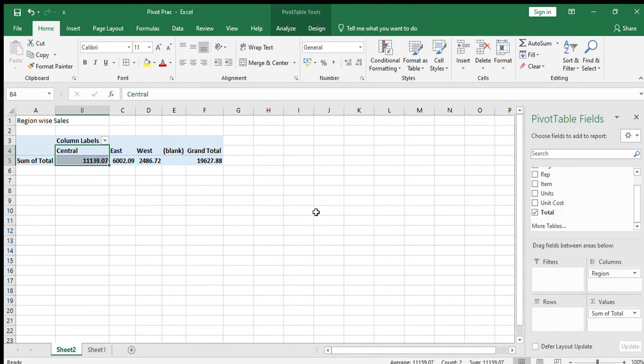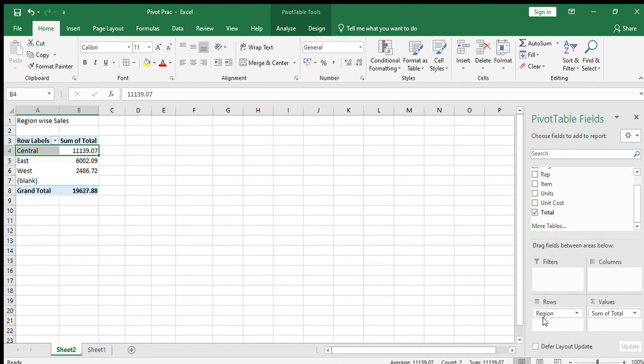Now the reason why I have used a row instead of column, see, it will not make much difference to your value, but the only problem here is the format. Right now you just have three unique values, that is why it looks comparatively clean. But if you have like 20-30 values, it will not look clean at all, and you have to use a row to have a smooth view at the numbers what is visible over here. That is why I will again pull it back and put it to rows. It is as simple as that.